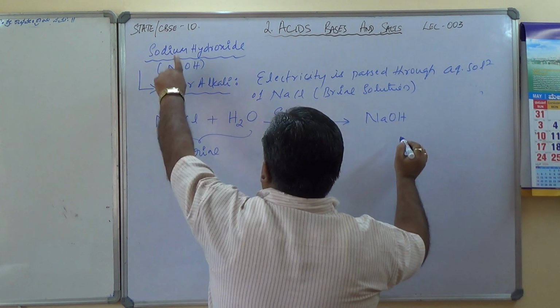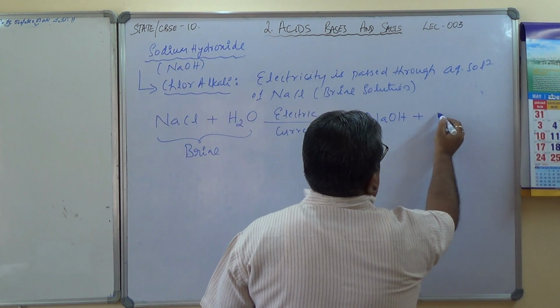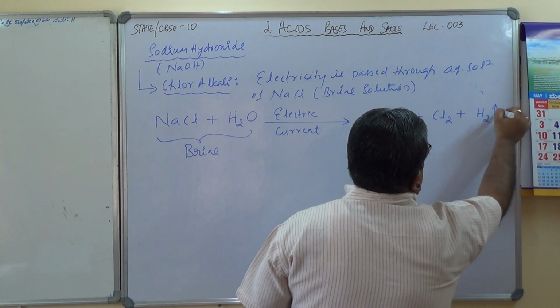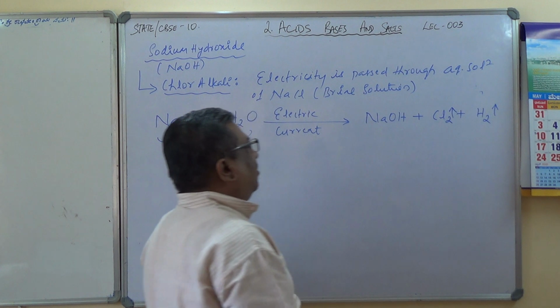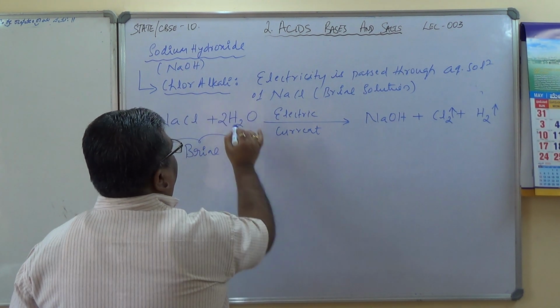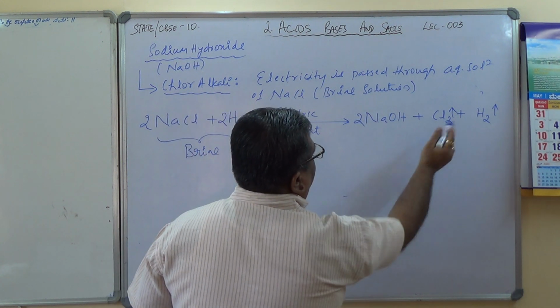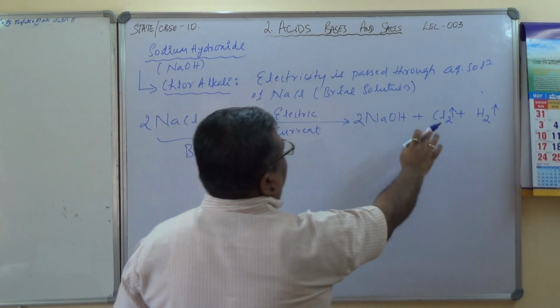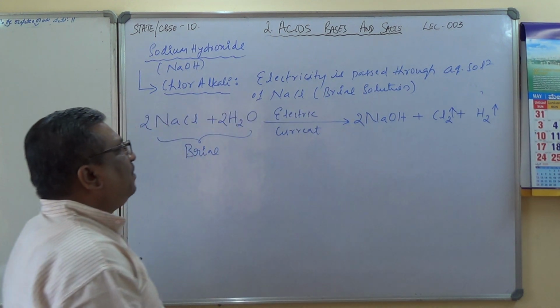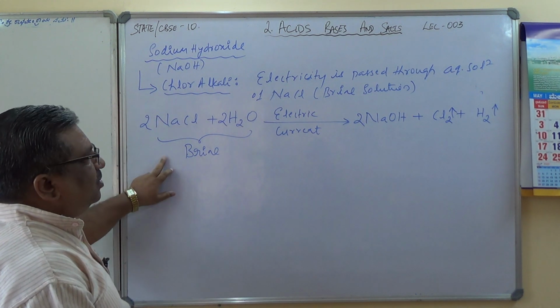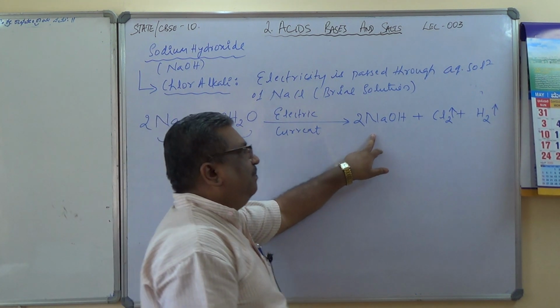Sodium hydroxide, which we wanted, plus chlorine gas plus hydrogen gas. These two are the gases that are obtained. Let us balance it. 2 NaCl, 2 H2O gives you 2 NaOH, Cl2 plus H2. 4 hydrogen, 2 plus 2, 4. It is balanced. Now, whenever this electric current is passed through the brine solution, we obtain sodium hydroxide and chlorine